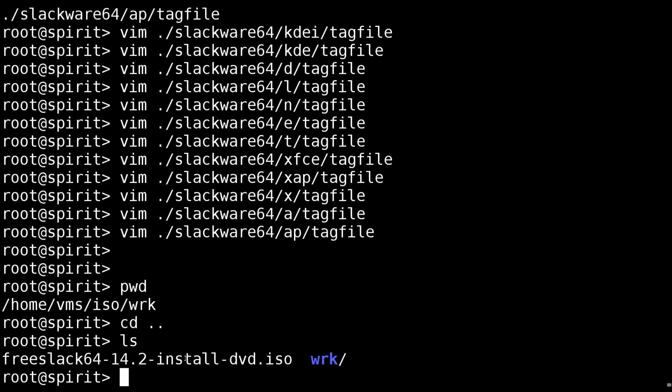Because I'm using a virtual machine, what you would normally do is copy this whole directory tree, everything under work, to a thumb drive, or maybe burn it on a CD, so somehow you make it visible and available to the operating system during install time. Since I'm doing this in a virtual machine, I'm just going to create an ISO file out of it and present the ISO file to the virtual machine so it can see it. So we need to make an ISO file. There's a command to do that,